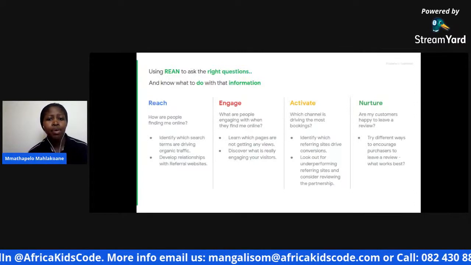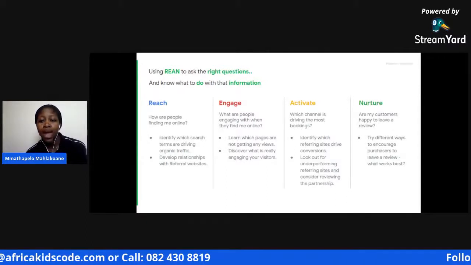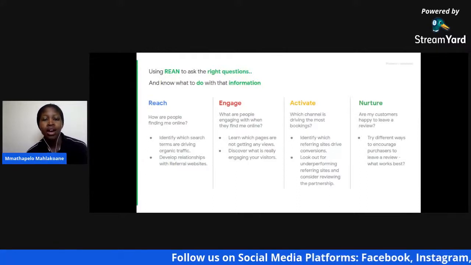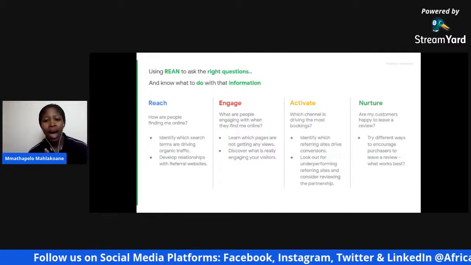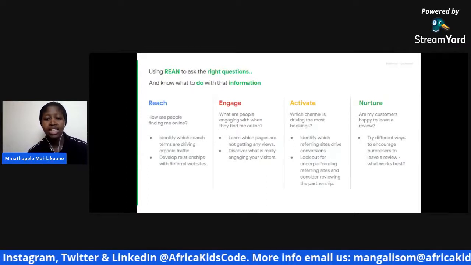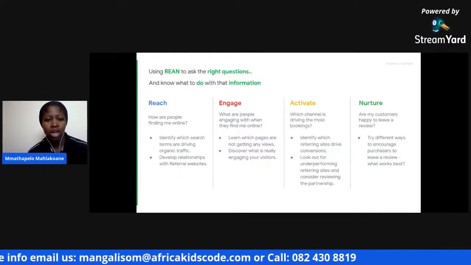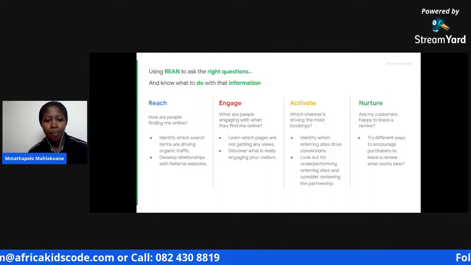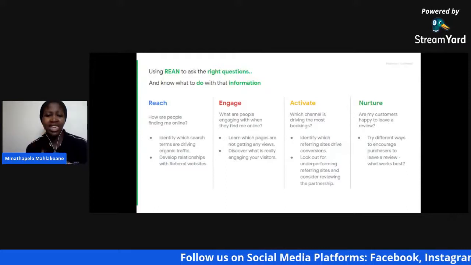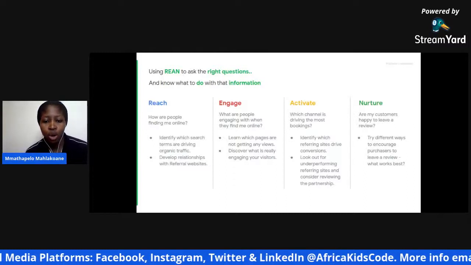Thirdly, for example, you could discover that you lose a lot of people at the payment page. This page might need to be simplified, reducing the fields to fill when they want to pay. So make sure that you don't put as many fields there so that they won't be confused. If it's money that they have to pay, they should just pay, whether they pay direct or anyhow they pay. So make sure that you reduce those fields.